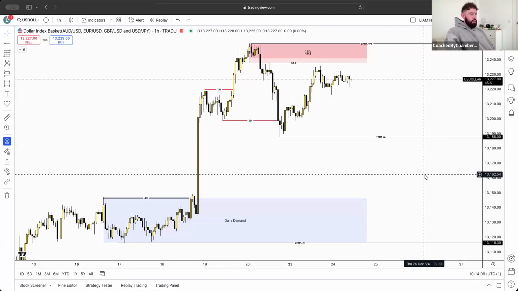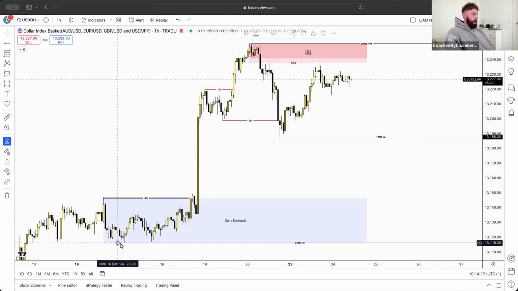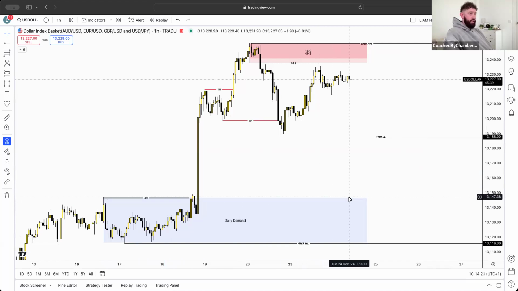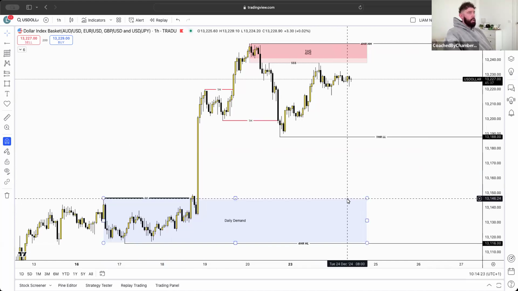But yeah, let's get straight into the dollar. It is the 24th of December. It's Christmas Eve, so expect the markets to be a lot slower than usual. That's what I'm preparing for today. I don't think I'll participate in any trades. I was more so wanting to take a trade yesterday if it gave itself, but it just didn't. So yeah, let's jump into it.